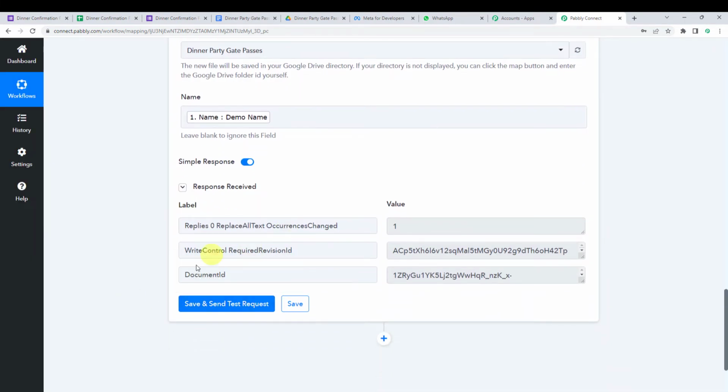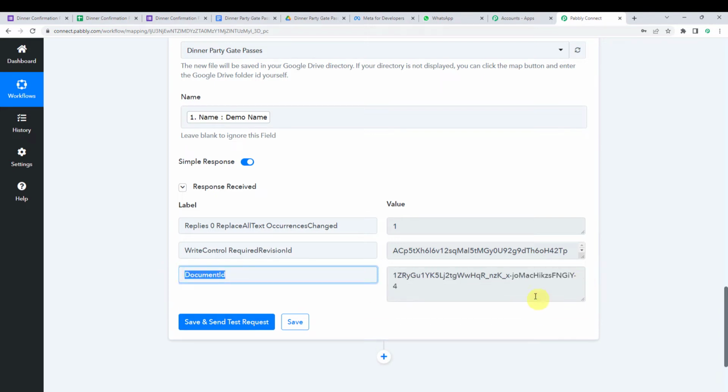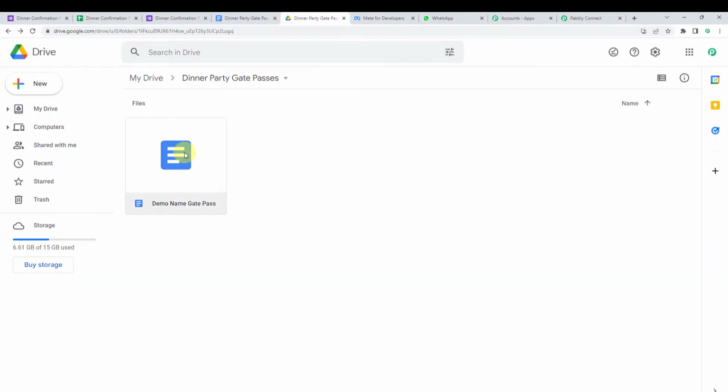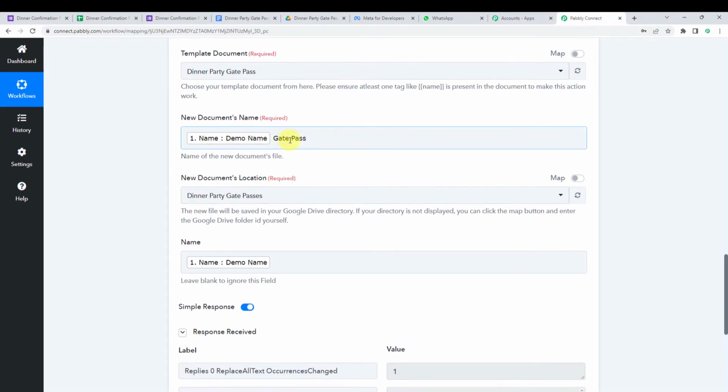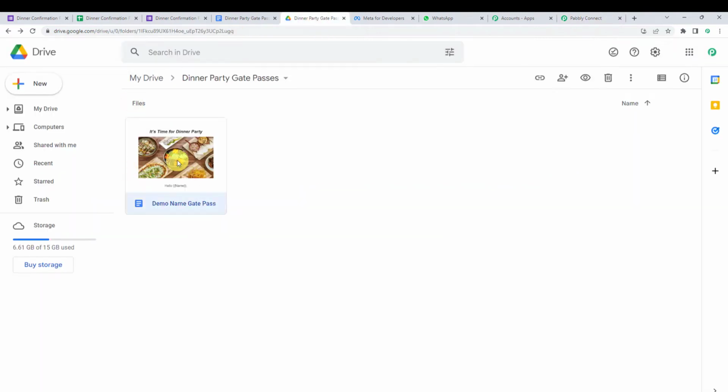Okay, and here we can see the response is received and the document ID is generated over here. It means the document is created and it is saved in our Google Drive specific folder. Let's check it. And here we can see the file name as demo name gatepass, which we have given over here. Okay, demo name gatepass. And here when we open it,